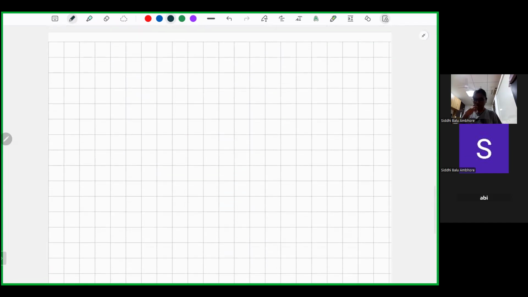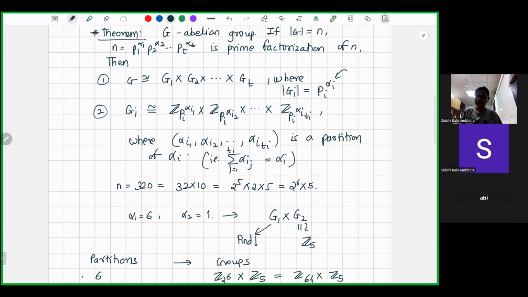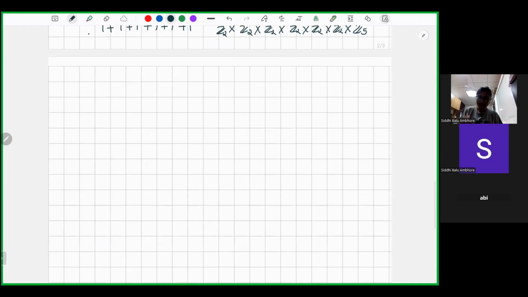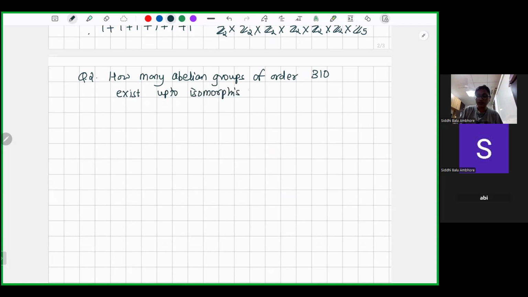Okay. And now similar to this, I am just adding on to this problem which we solved here. So instead of 320, if the question was, how many abelian groups of order 310 exist up to isomorphism? So in that case,